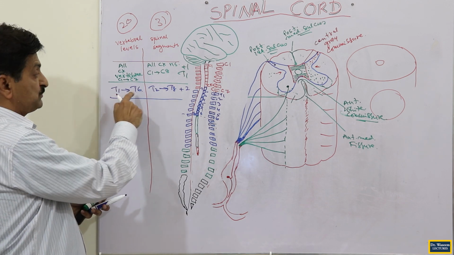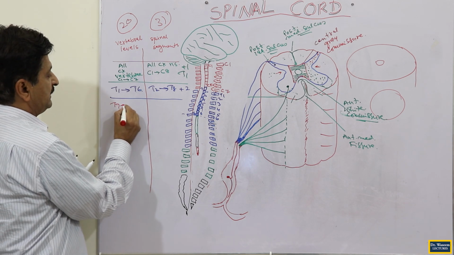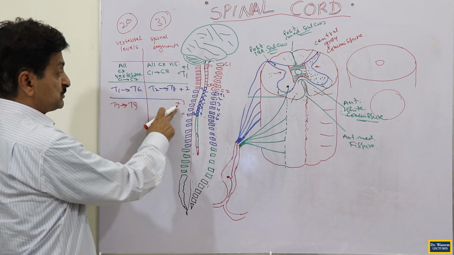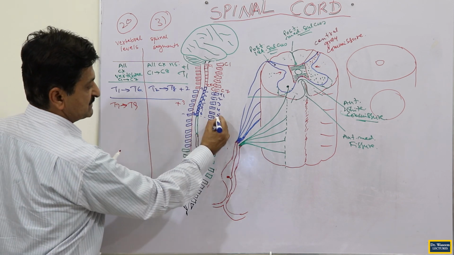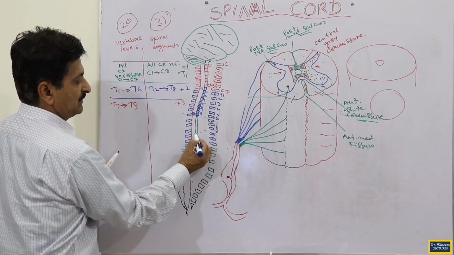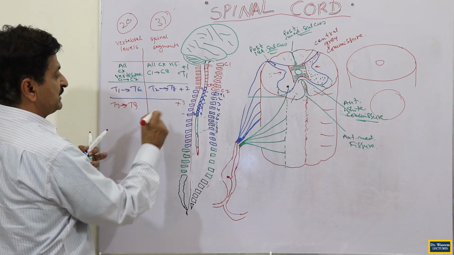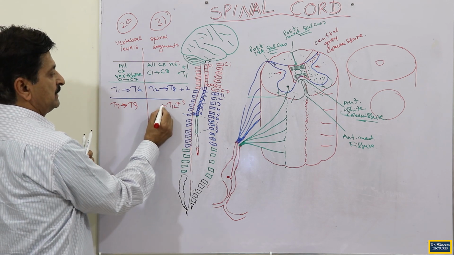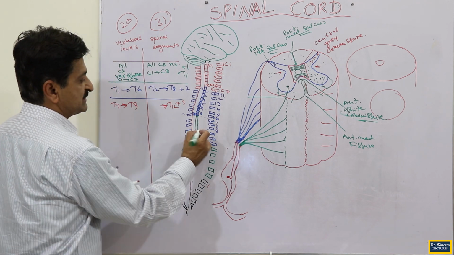Now bring more. We have 6 more. Out of the 6, divide them in half, meaning T7, 8 and 9. Here it is plus 3. What does this plus 3 mean? When we reach the 9th thoracic vertebra, it was 6th, 7th, 8th and 9th. When you reach up to the 9th thoracic vertebra, we have 9 plus 3, which is 12, so we have the 12th thoracic segment here.